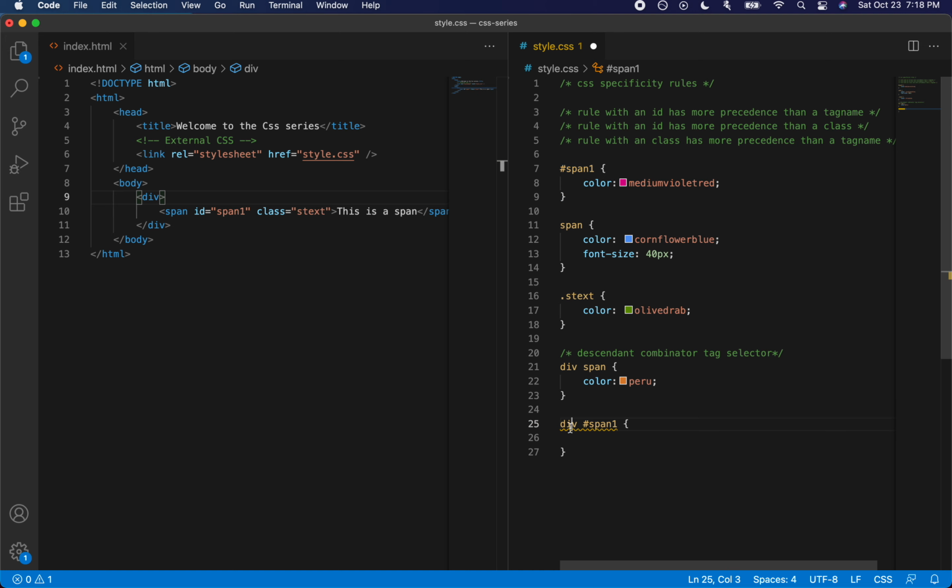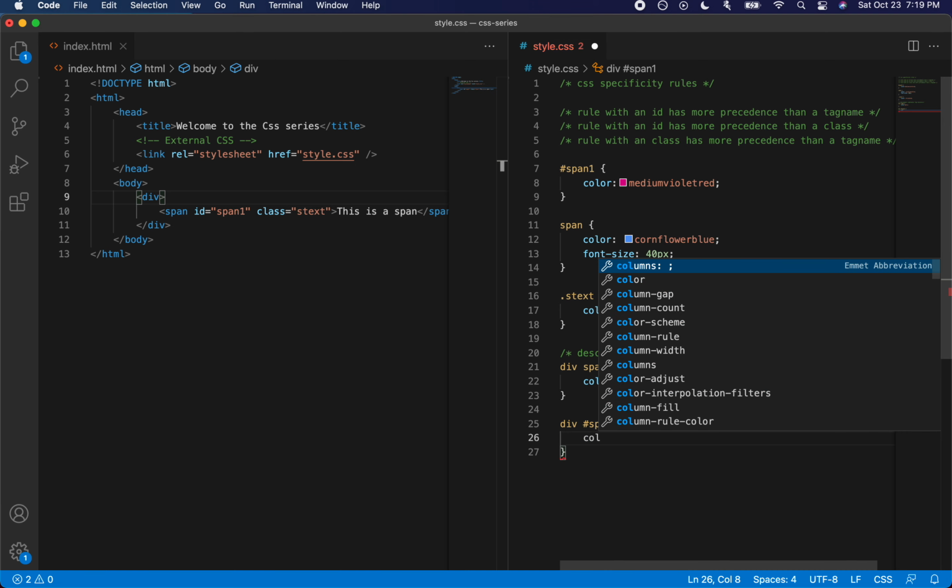Although you have given it as a combinator selector or a direct selector using an ID, these two, the line 25 to 27 and line 7 to 9, are same selectors. When we give two rules which have the same weightage, the rule that has been applied at the end of the CSS file takes higher precedence.